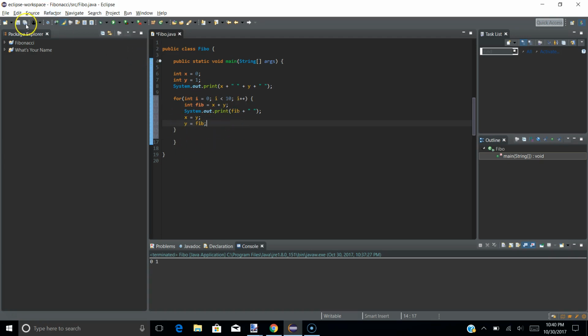So now, if you see, if we save and run it, now we have the Fibonacci sequence. 0 plus 1 is 1, 1 plus 1 is 2, 2 plus 1 is 3, 3 plus 2 is 5, 5 plus 3 is 8, so on and so forth, all the way down to 89, which is, I